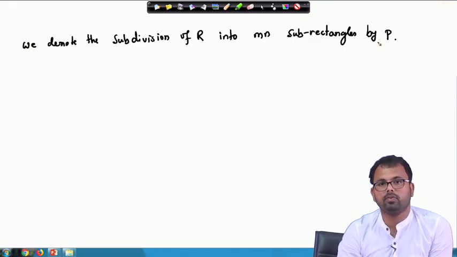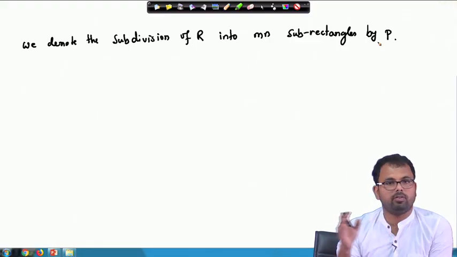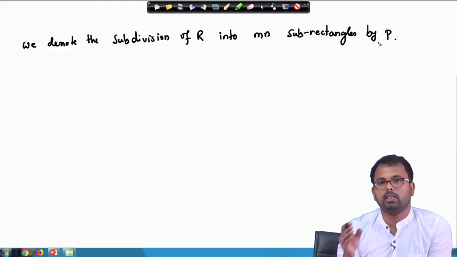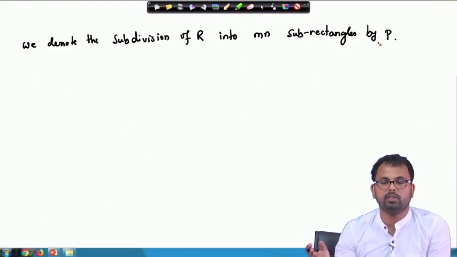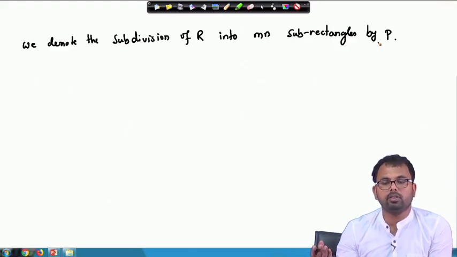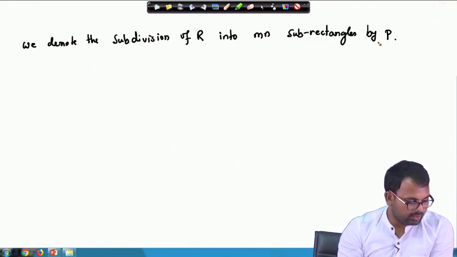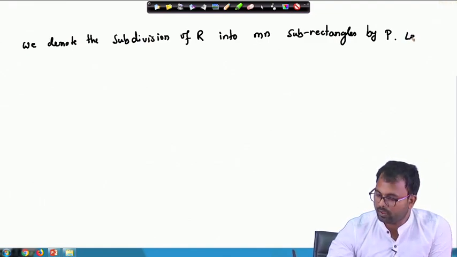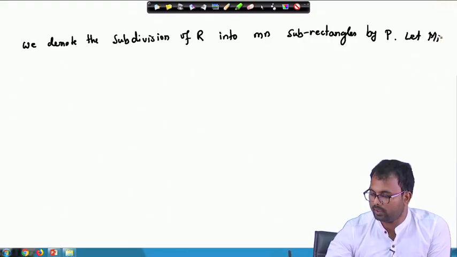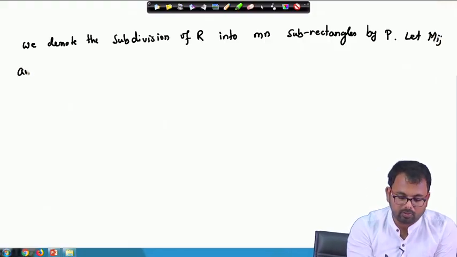In case of a function of one variable, we had P as a partition with n plus 1 points, and that partition P divided the interval into n subintervals. Here in this case, the partition P for the function of two variables divides the whole rectangle R into mn number of subrectangles. That is what we have written here,